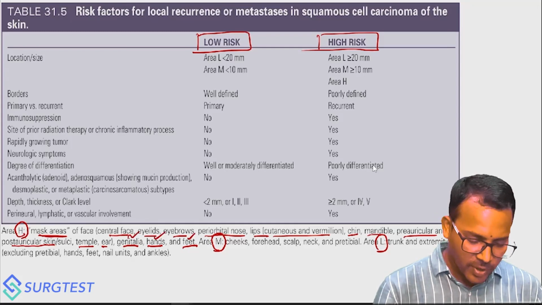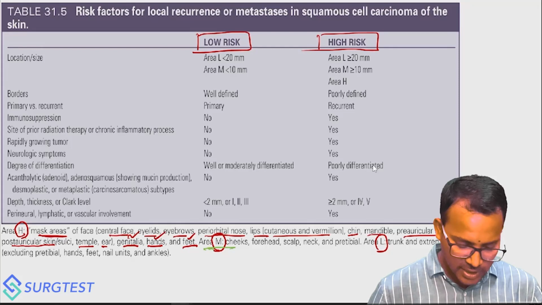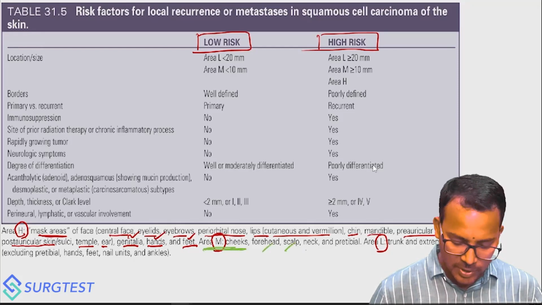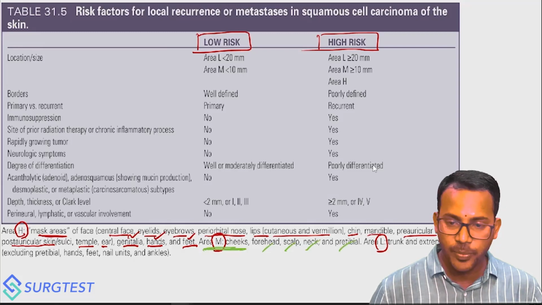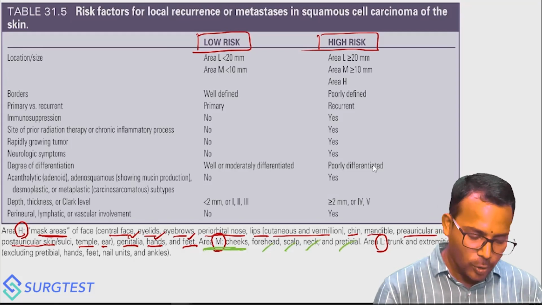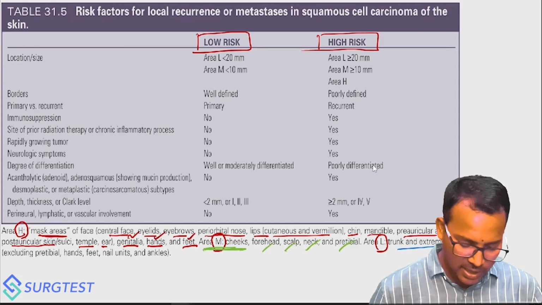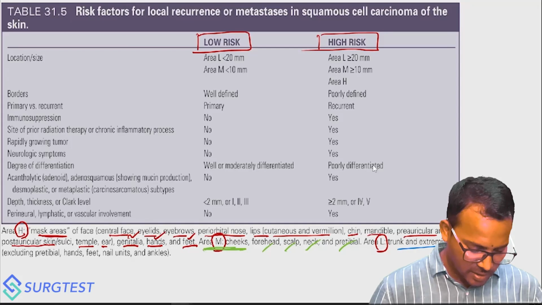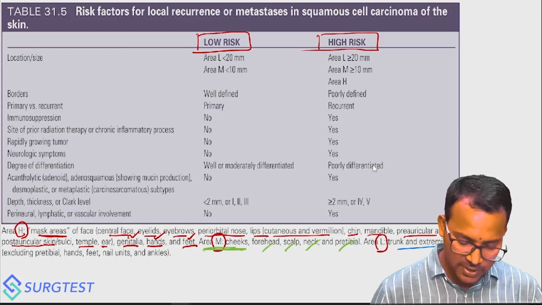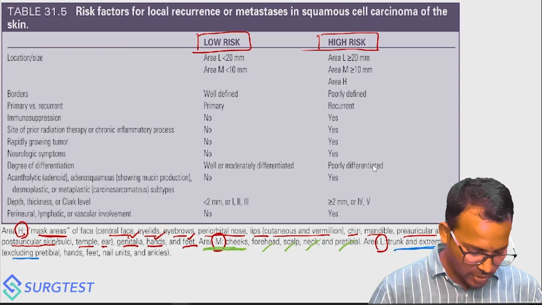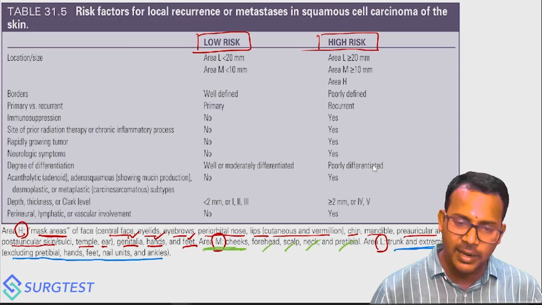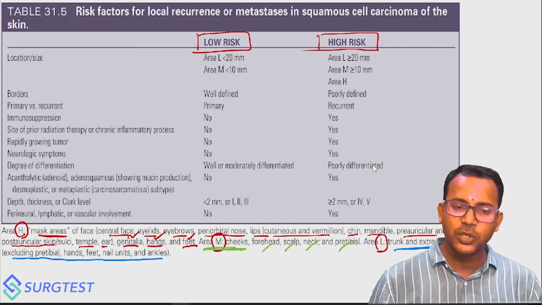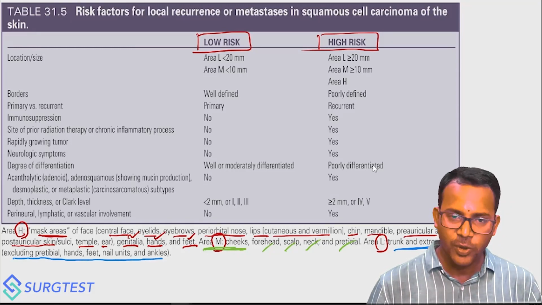Then what are these M areas, which are of medium or intermediate risk? These are forehead, scalp, neck and pretibia. Low risk areas are your trunk and extremities, excluding your hands and feet. So trunk and extremities excluding your pretibia, hands and feet, nail and ankles. Having understood what are these H, M and L, now you see,